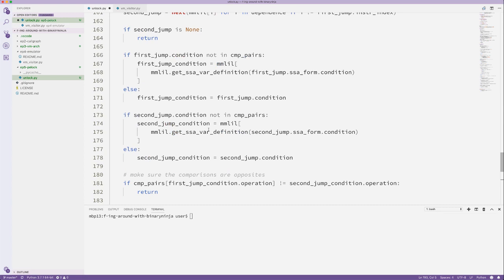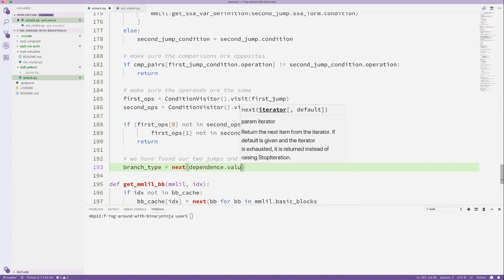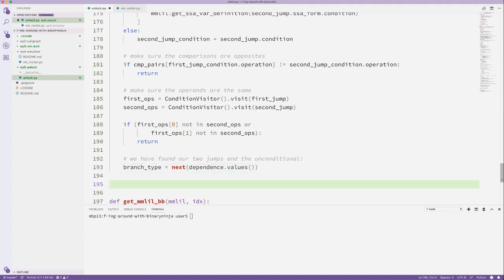Ah, yes, dependence. No, I don't need to. I can just do dependence. All right, branch type equals next dependence dot values. That'll give us the branch type, and then we want if branch type equals